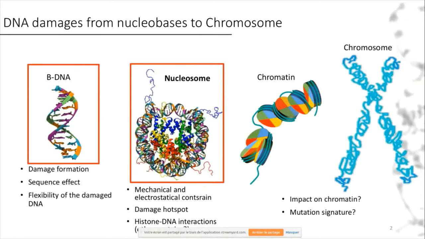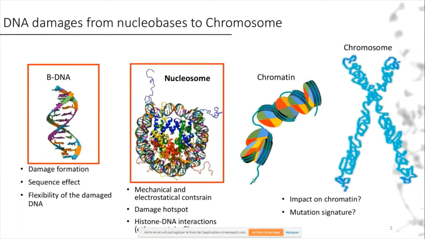It's wrapped around a histone core to form the nucleosome, the primary unit of chromatin. And in the nucleosome, you have mechanical constraints and a different electrostatic environment. Now what we want to know here is the damage hotspots in this system involving both DNA and protein. Then what other people do at a higher level is to see the impact of damaged DNA,